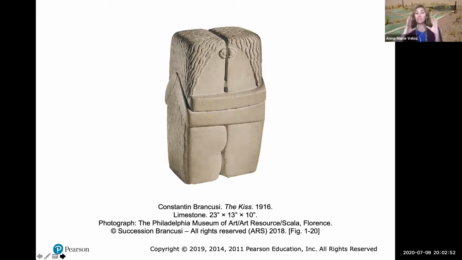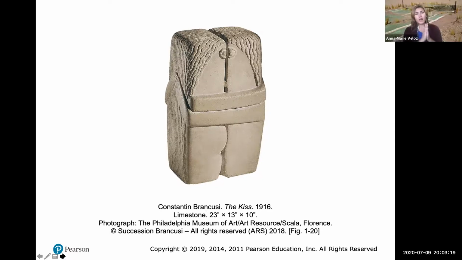This is very different. It's done in limestone, so similar to the idea of working with a massive form, but this is more abstracted, right? Even could be kind of borderline non-representational in a way. The proportions of these figures are in rectangular form. They don't really have an aspect of maybe where we understand the anatomy or proportions, but we do see this